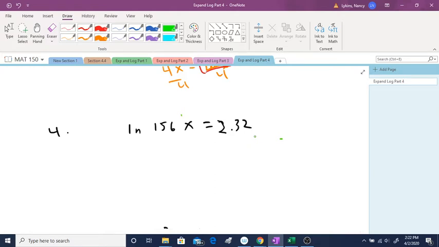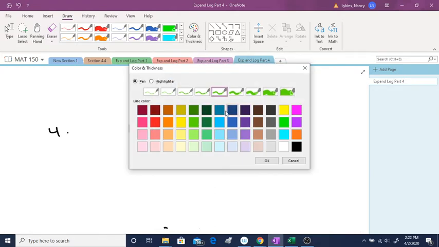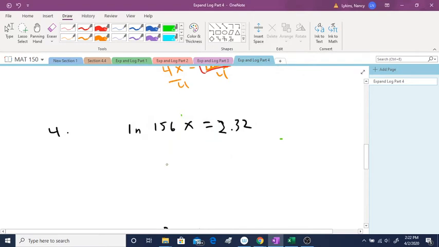Now, do I see an exponent? In this case, I do not see an exponent. So I'm going to make the ln of 156x the exponent. The e is the base. And then over on the other side, e is the base, and the 2.32 is the exponent. Now, what happens is the e and the ln cancel each other out, and what's left is 156x equals